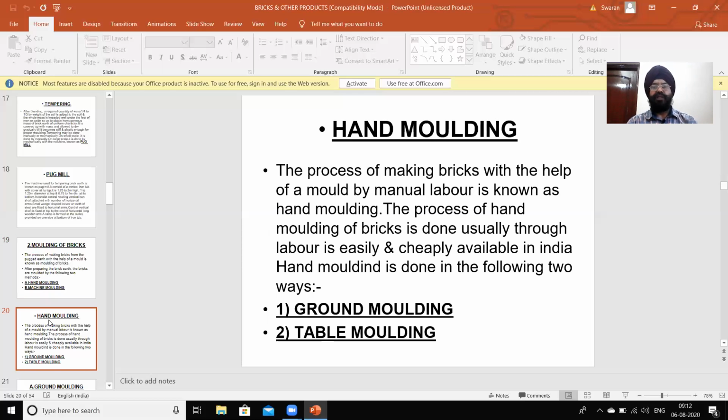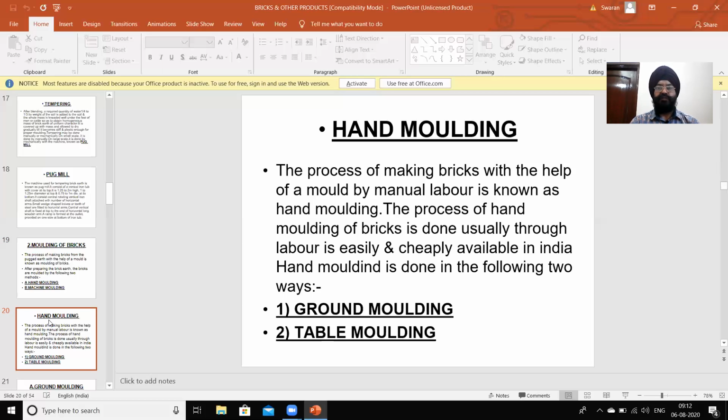First is hand molding. The process of making bricks with the help of a mold by manual labor is known as hand molding.